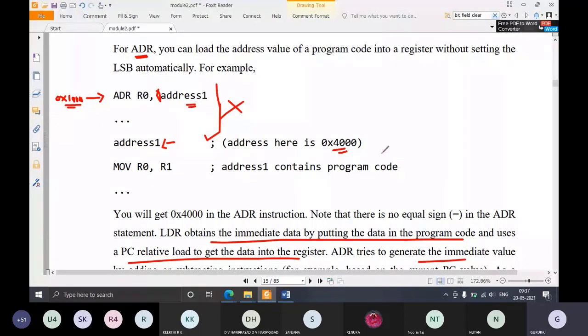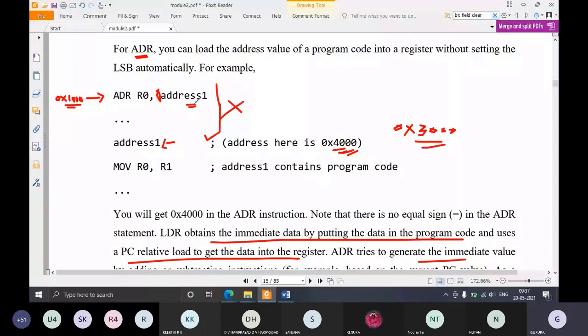So the difference is 0x3000. If you take the subtraction of 4000 minus 1000, the difference is 3000. So 3000 hexadecimal location you have to jump. You have to find out the address. So that is not possible for ADR.